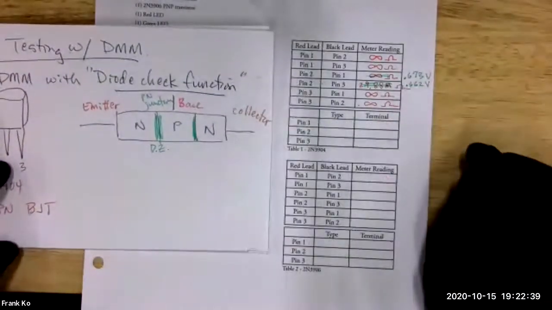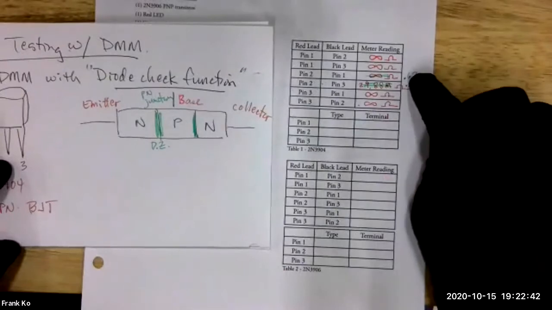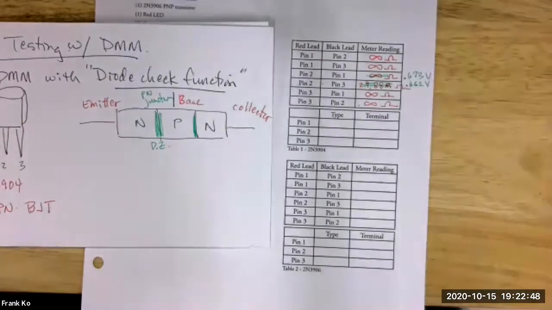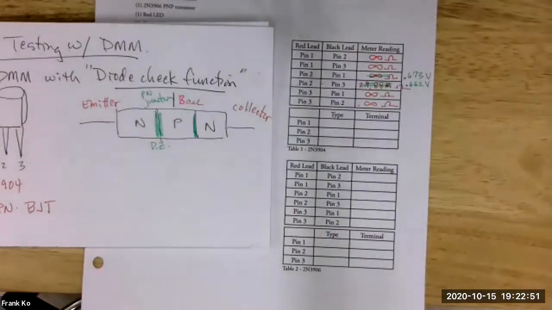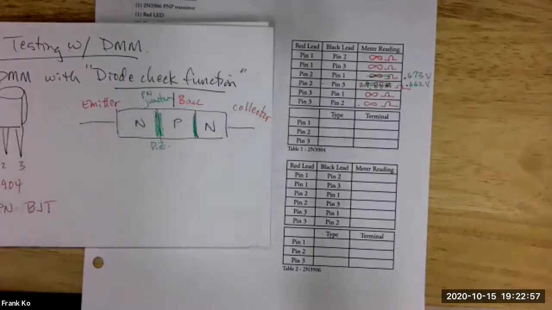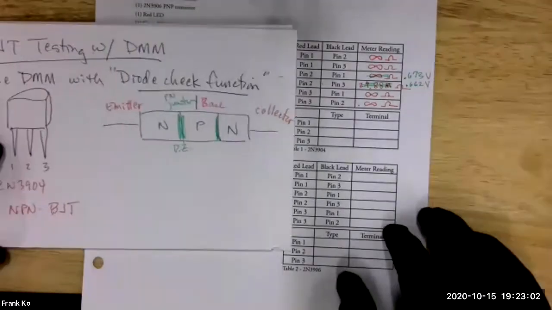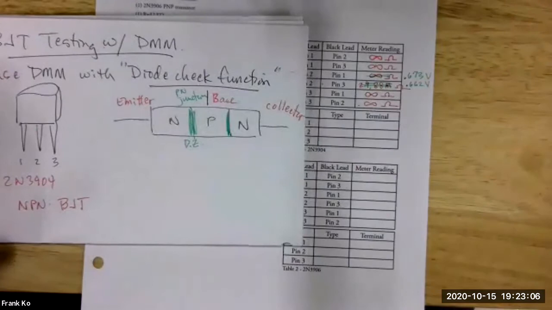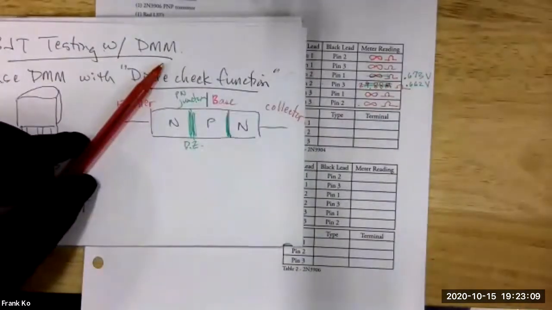I will tell you that when you have 2 readings that show you some numbers and the other 4 readings that show you infinity, your measurement is valid. Okay, everything is working properly. Now, you should only show 2 values of readings and the other ones should always be infinity. Let me show you why. If you take a look at this illustration that I have, if I go to use this as red and I go to use this as black,